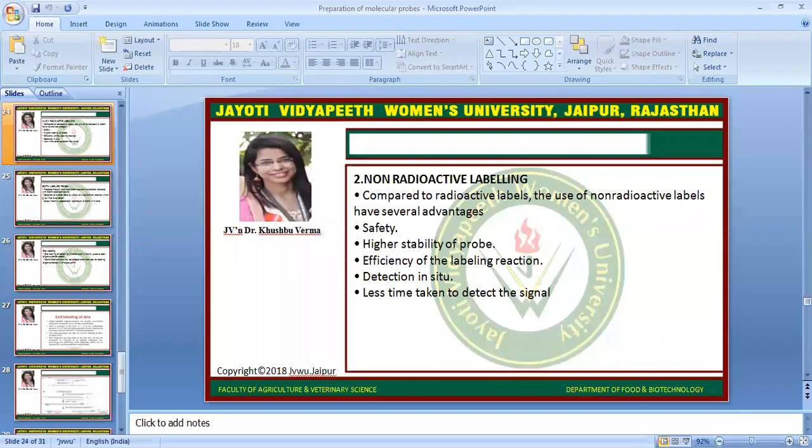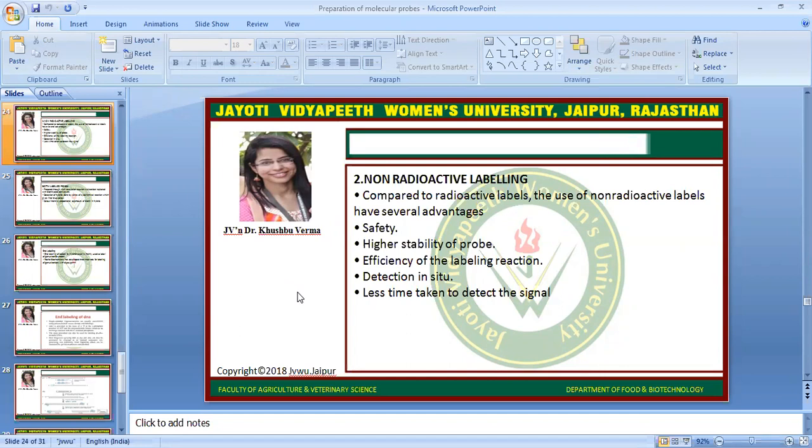Today we will discuss non-radioactive labeling of molecular probes, and this session is related to the recombinant DNA technology course of the BTech FBT and BSc BT 6th trimester programs. So what does non-radioactive labeling mean? We can label molecular probes without